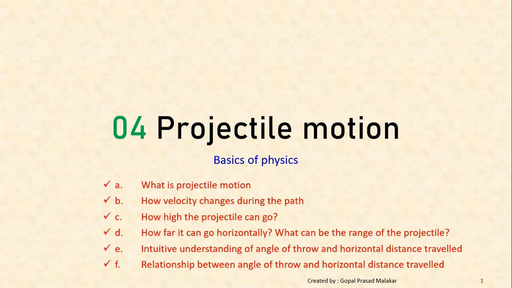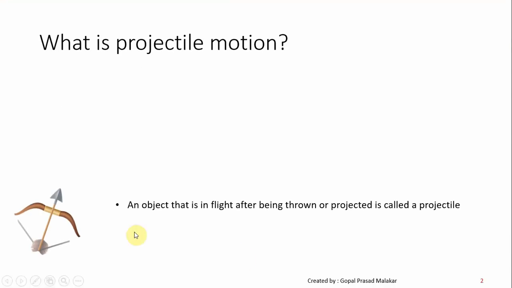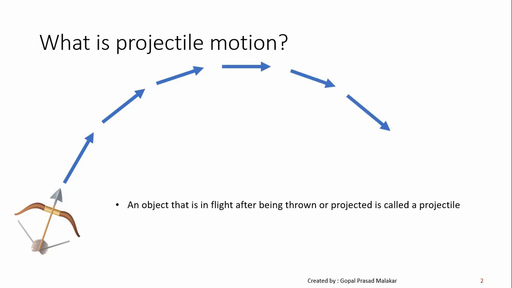When a projectile, a particular object, is thrown, let's say an arrow is released from the bow, it actually travels like this. So you look at here, its direction is changing. When it is almost at a point where it is just horizontal, then it actually starts going down. So till here it has gone up, the angle kept changing. This angle is more close to the horizontal, this is more close to the horizontal, it is absolutely horizontal. Then it actually starts going down, so the angle starts going negative. So essentially this is how the direction is changing.